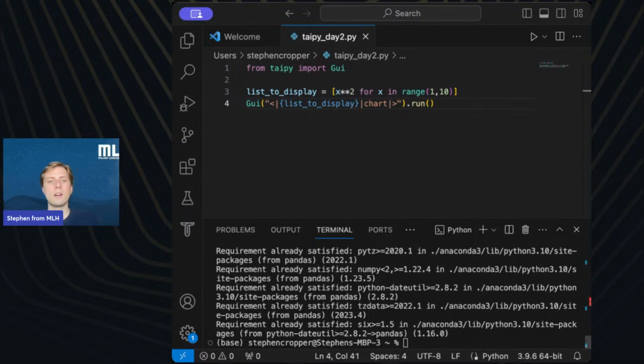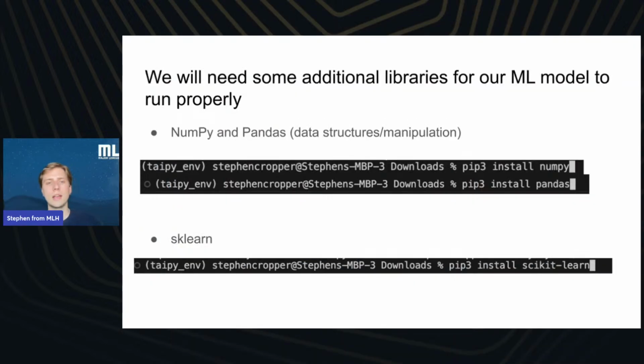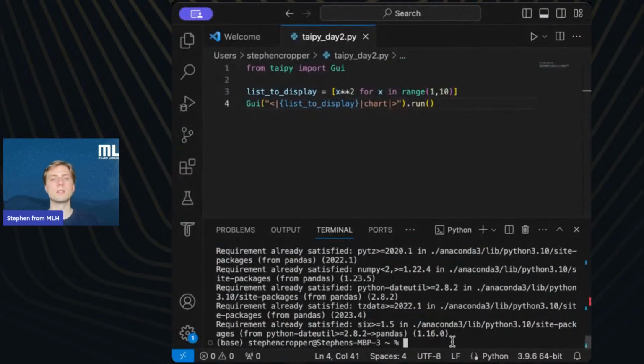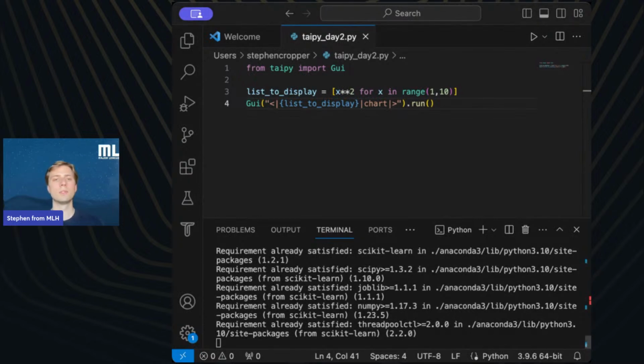And then I also have another library here, sklearn. This one is actually for our machine learning algorithm. sklearn stands for scikit-learn, which is a library in Python that you can use for machine learning applications. So what you'll do is type in your terminal pip install scikit-learn. And I'll do that as well in my terminal. So let's do that. Pip install scikit-learn.